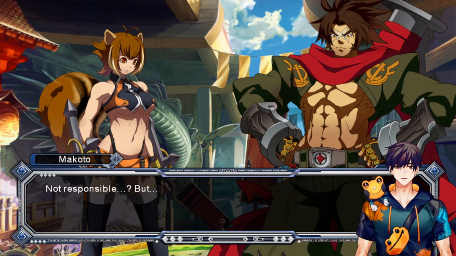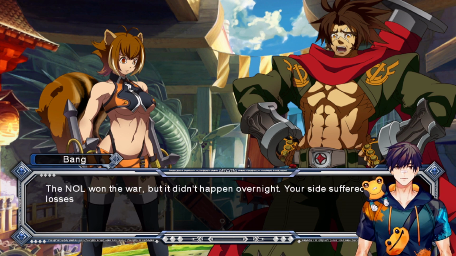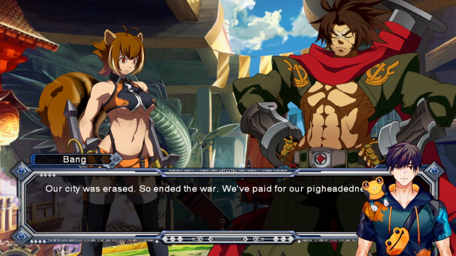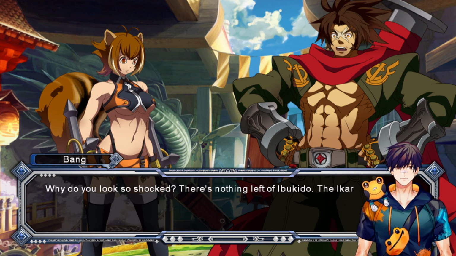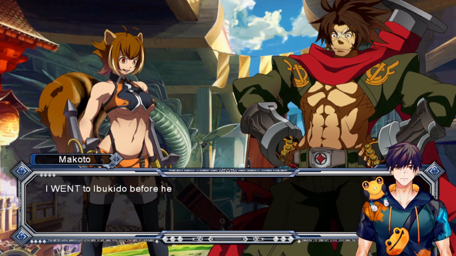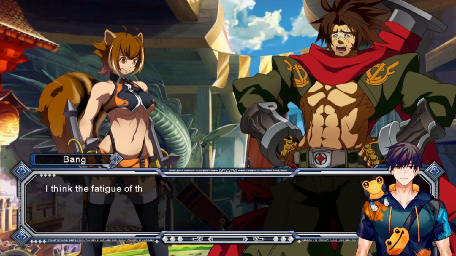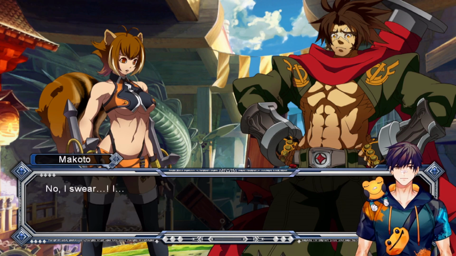Not responsible, but it was killing Tenjo that earned Jin that hero of Ikaruga nickname in the first place. How do the refugees from Ikaruga not know that? The NOL won the war, but it didn't happen overnight. Your side suffered many losses, losses as bitter as ours, I'd wager. It was a foolish quarrel in which neither side was innocent. Our city was erased. So ended the war. We've paid for our pig-headedness. Erased? What do you mean? Why do you look so shocked? There's nothing left of Ibukido. The Ikaruga Federation was eradicated. Your history books say as much. But that's impossible. I went to Ibukido before heading here to Kagutsuchi. Yeah, it was pretty thrashed, but there were still a few buildings here and there. I think the fatigue of the day has caught up with you. Ask anyone. They'll tell you the same thing I am, that Ibukido is no more. No, I swear,